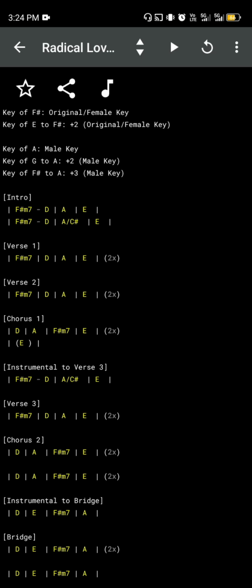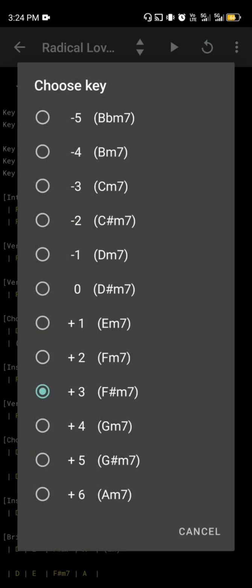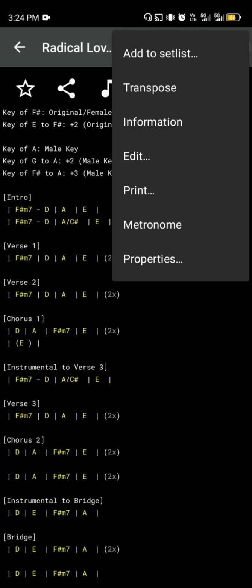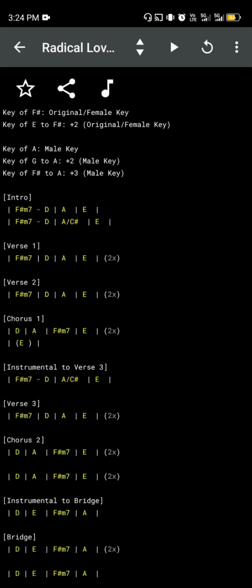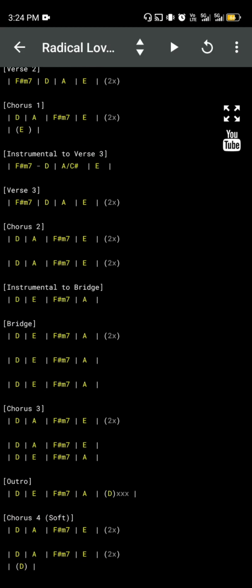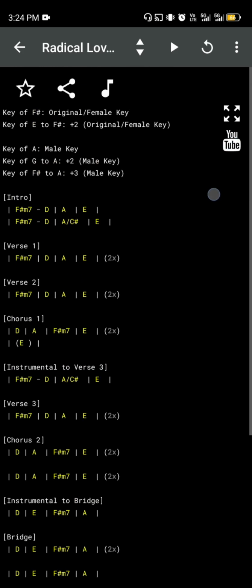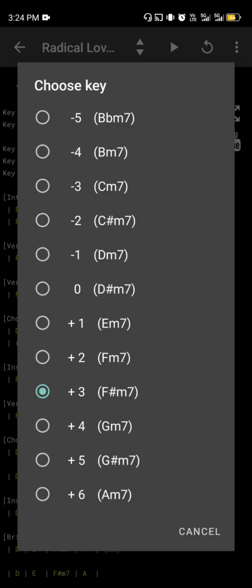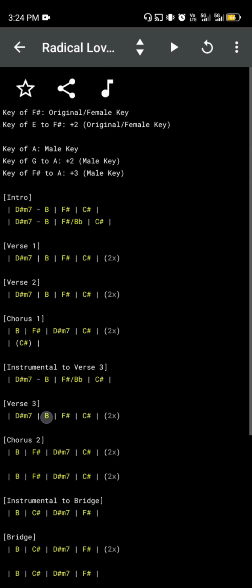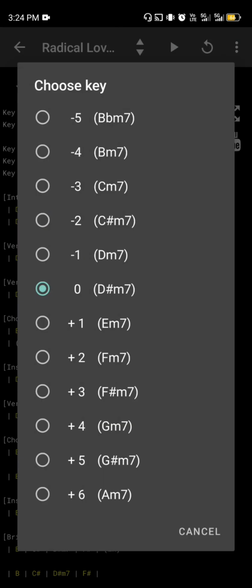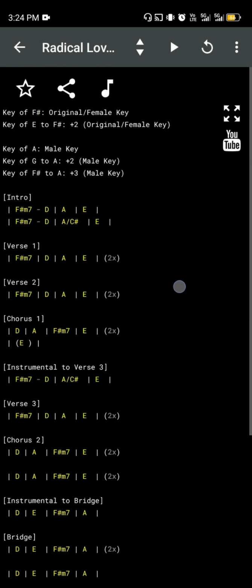Like if you want to change the key to male key, you can transpose it. And it will be on key of A. The default key is F sharp, so it starts on D sharp minor.